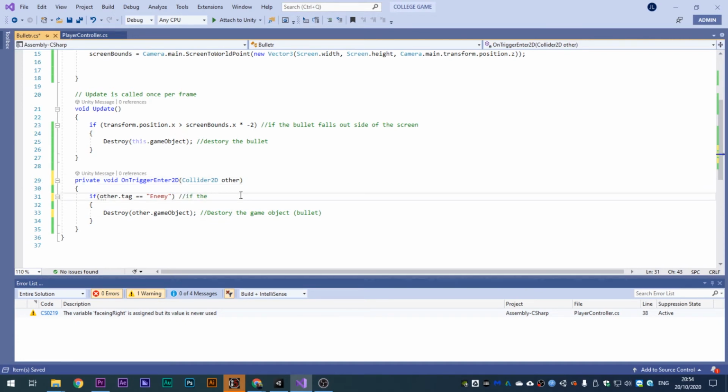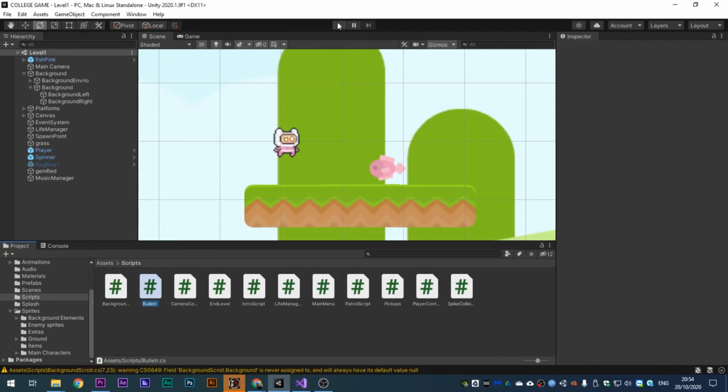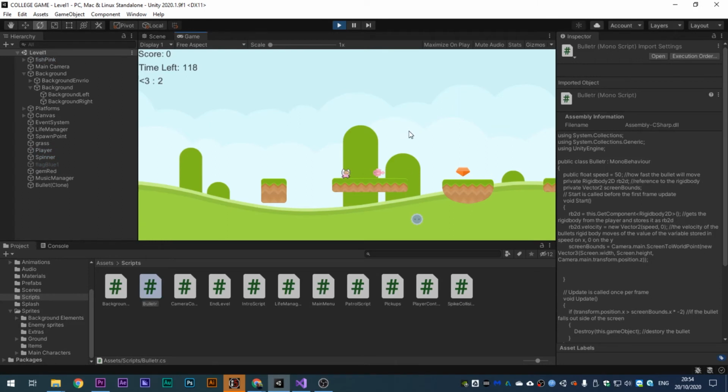So if the object which we are colliding with is tagged as an enemy, then run this little function here, and it says destroy the game object. Okay, Control S to save, head back into Unity, hit play,